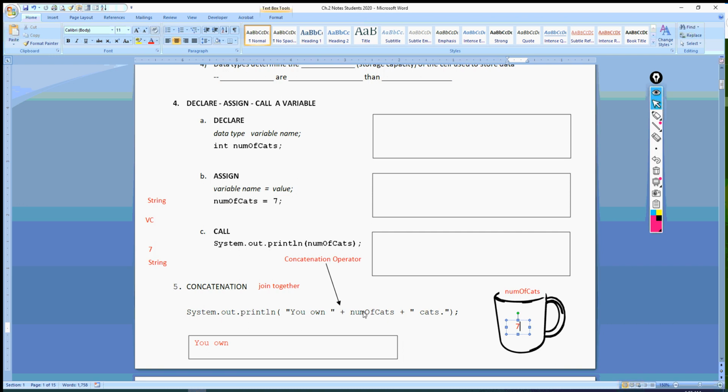We've already done this before, but let's go down here. You should write string underneath here, and then put VC, which stands for variable call, underneath number of cats, because number of cats is the name of a variable. We're going to call that variable. The compiler goes into the computer memory, or like we did, we went to the table with a bunch of cups on it, and we looked for the name of the person where we were going to put their starburst in. The compiler looks for number of cats, finds it, and returns